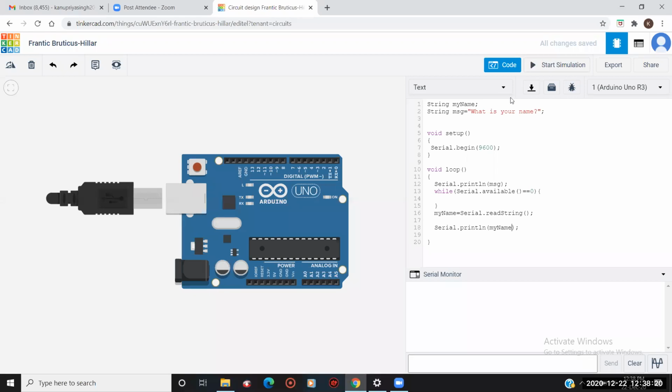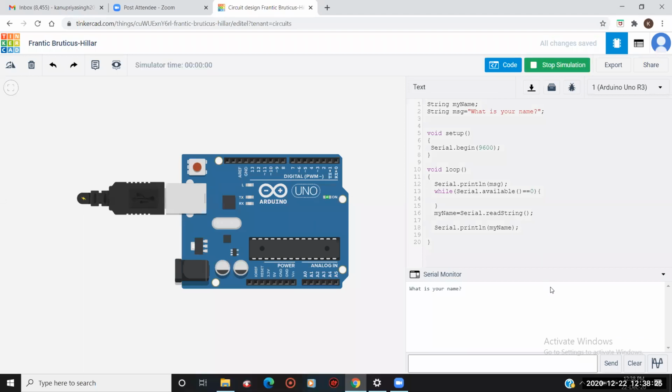Okay, now let's check how this works. It is asking me, what is your name? I'm writing a name here. Suppose I'm writing Muskan, and just send it. Okay, it is taking my name, and after that it is asking me again, what is your name? Okay, my code is working fine, but